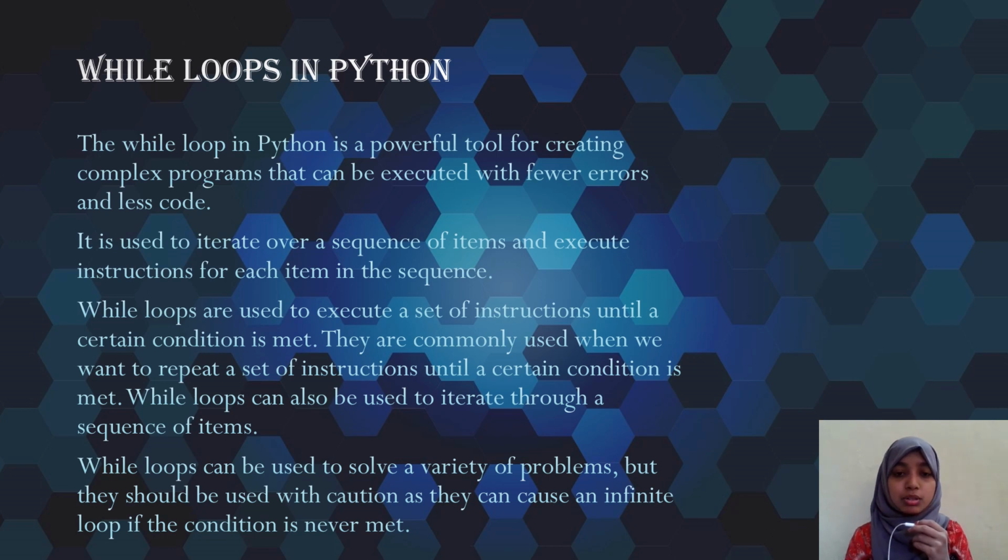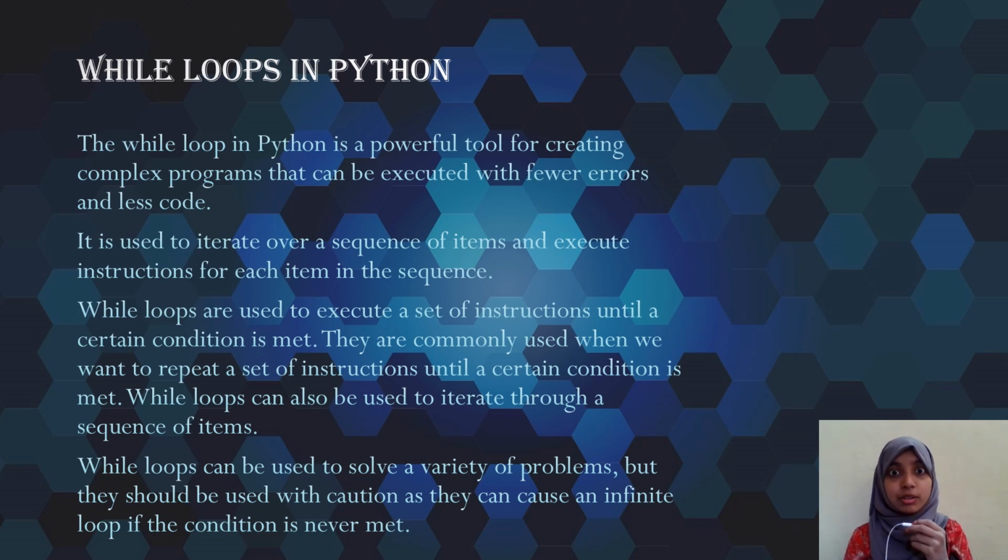While loops can also be used to iterate through a sequence of items. While loops can be used to solve a variety of problems, but they should be used with caution, as they can cause an infinite loop if the condition is never met. Therefore, we should be cautious while using the while loop and be wary that we don't get an infinite loop, which means we would have to kill the code